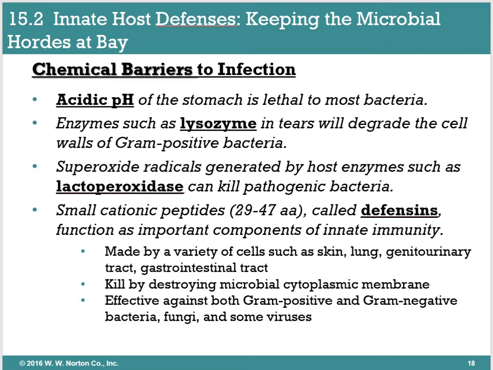Our stomach is very, very lethal to a good chunk of pathogenic bacteria. And that is a fabulous thing because you don't want microbes in your tummy, at least the bad microbes. And then also, we produce a lot of enzymes, primarily lysozymes. These are located in a lot of places, but definitely in our tears. And we talked about this in, I believe, chapter 14, where the lysozymes in our tears